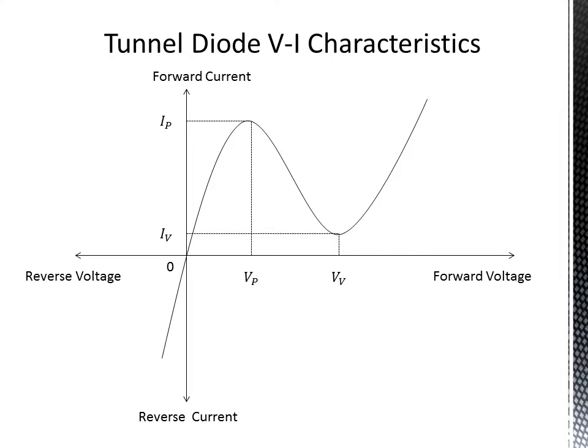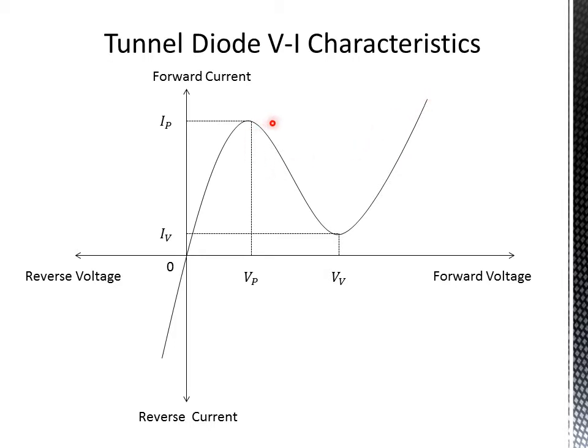This graph shows the VI characteristics of the tunnel diode. If we forward bias the tunnel diode, the tunneling current keeps on increasing and it reaches the peak value known as IP, the peak current. If we still further increase the forward voltage, the tunneling current keeps on reducing and it reaches a level known as the valley current. At this level, it accounts for the minority carrier injection current, which rises exponentially with the applied forward voltage. So this is the curve where the current rises exponentially with the applied forward voltage.